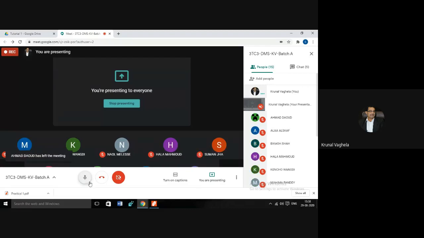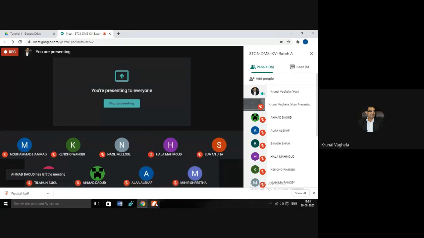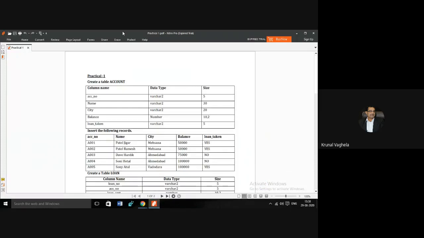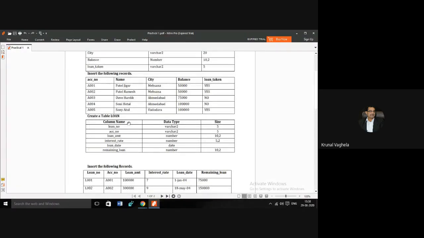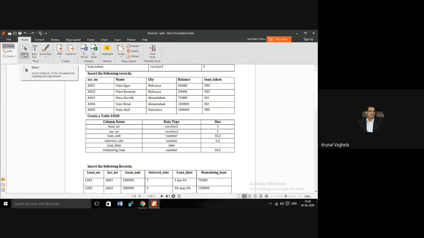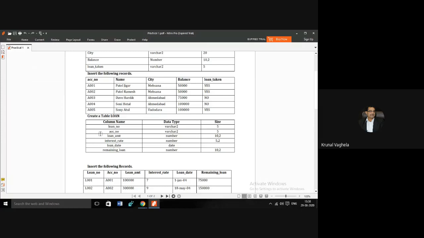So what we were supposed to do last time was your practical number one, which I have already uploaded into the Google Classroom, where you need to create some tables, right? Account, then these are the data, and then the second table that you need to create is the loan table. This is the loan table that we are going to create.